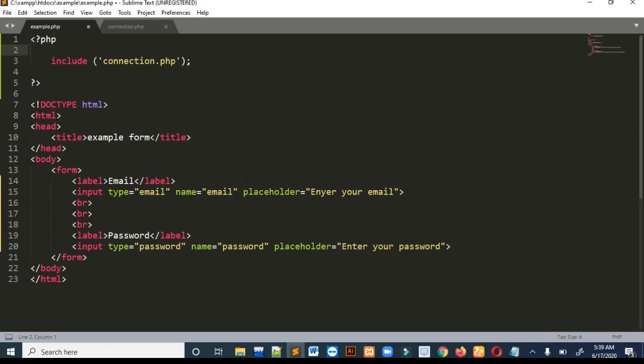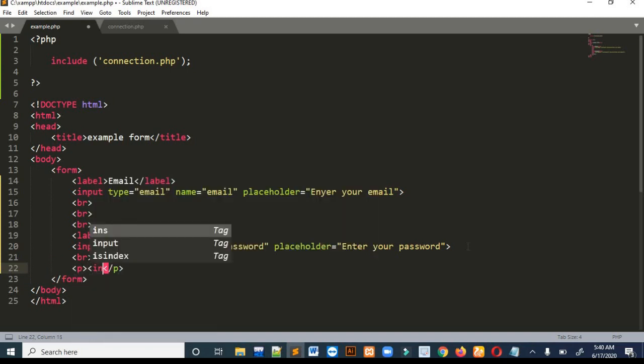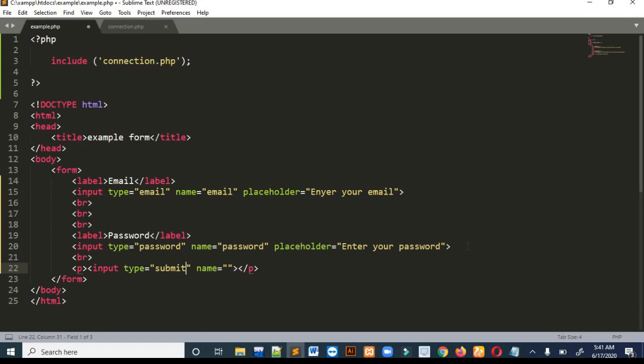Before writing any PHP commands, I have to make a button. I forgot the button, so let me create a button over here. For the button I will again use input, but this time I will use the type submit, and I will also write the name submit.